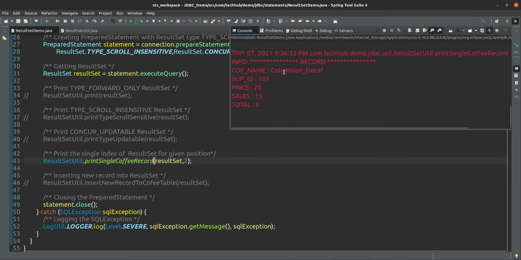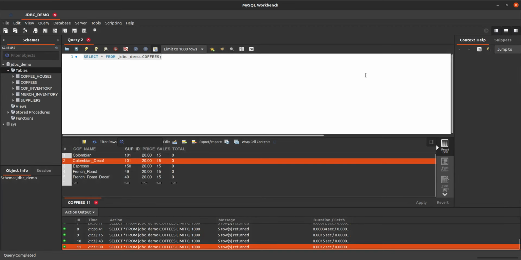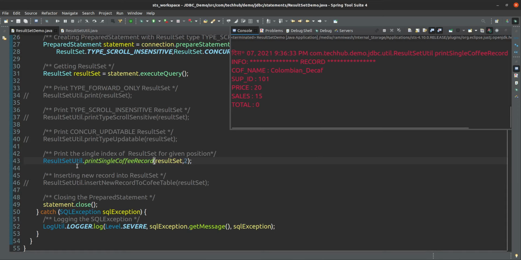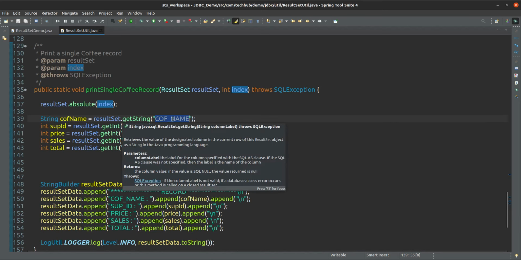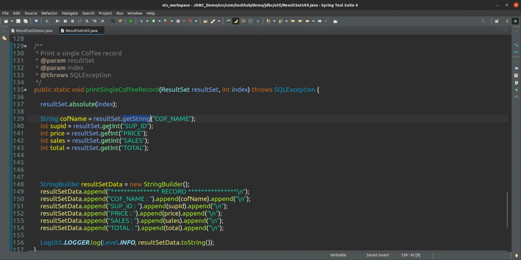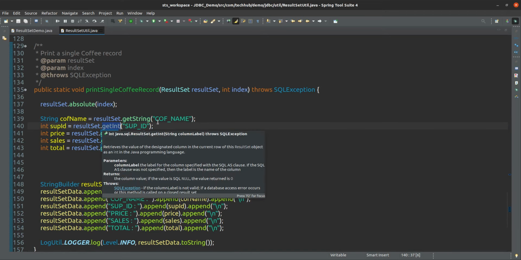Yes, it is the second record now, Colombian decaf or something. So it will go to the second record directly. We are going to the absolute index of whatever we are passing, and from there we are getting the column value with get string, because we know the column is a string type. Similarly get int for soup ID.